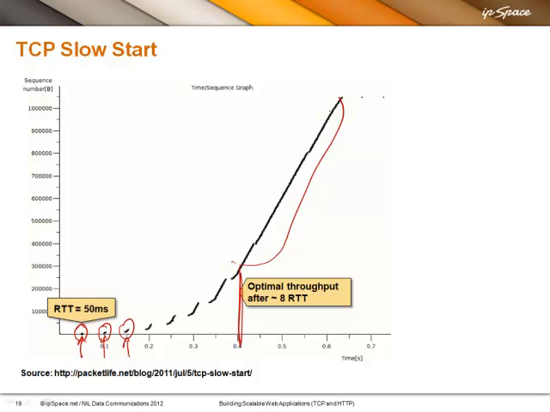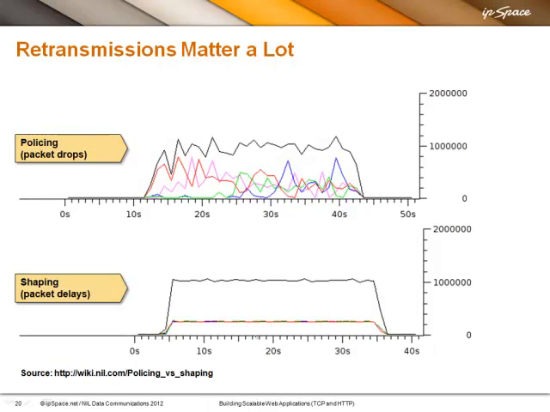Data is flowing continuously. So at 8 round trip times, he was able to fill the pipe, the bandwidth. He was no longer delay bound, he was bandwidth constrained. After 8 round trip times, or in his case, 400 milliseconds. For me, the round trip time was 200 milliseconds, so 8 round trip times would be 1.5 seconds. And also, don't forget that TCP is very sensitive to packet loss.